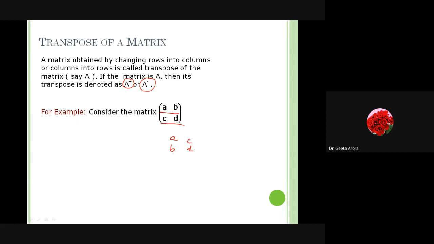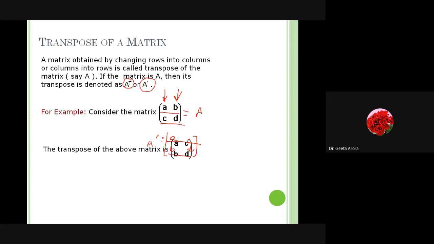So if we have a matrix A given as A, B, C, D, and we wish to find its transpose, it can be obtained simply by writing the elements of the rows in column form and the column elements in row form. Now here we started with the rows. But if this is the first column, A, C, then it becomes the first row. The second column, B, D, becomes the second row. So both are equivalent ways of saying that we are transforming rows to columns and columns to rows. Okay, so this is the same thing that we have done.